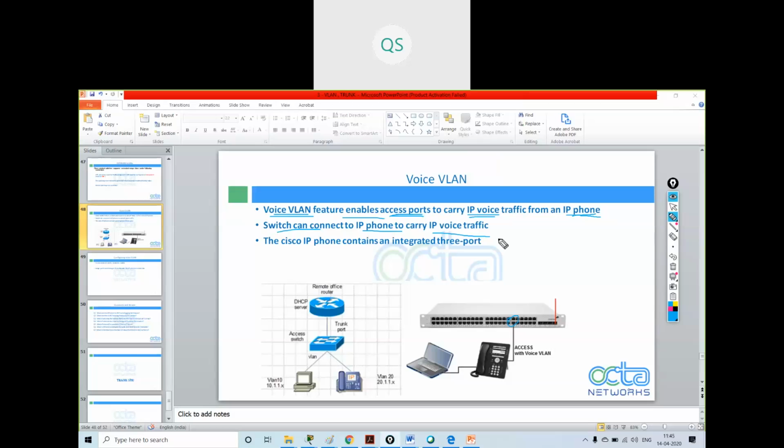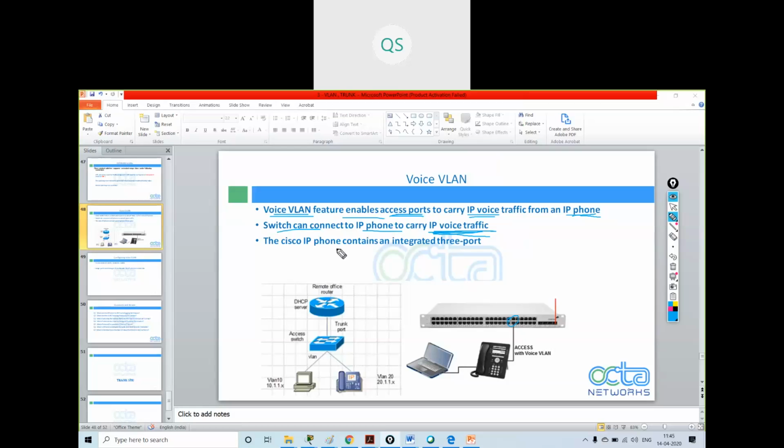So that the switch can forward the IP voice traffic, whatever traffic is sent by the IP phone, to other devices.